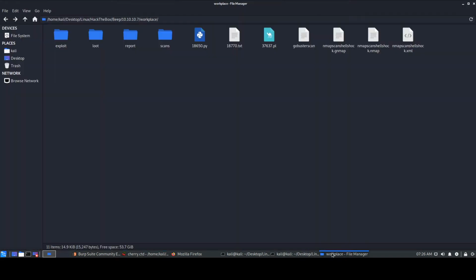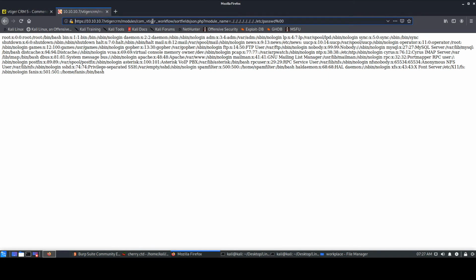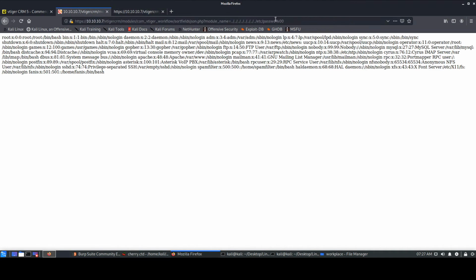First thing, we would just go and check our web page, which we had seen earlier, the VTiger one, right? We already had it confirmed that VTiger CRM 5.1.0 was present, the version number. So we found an LFI vulnerability in that, and this is the LFI vulnerability, which looks like this. We did a searchsploit and it gave us an exploit with a text file that had this particular line of URL present. That's how we got the etc passwd file. First thing, obviously we got a password file, and we could get multiple other files as well, right?